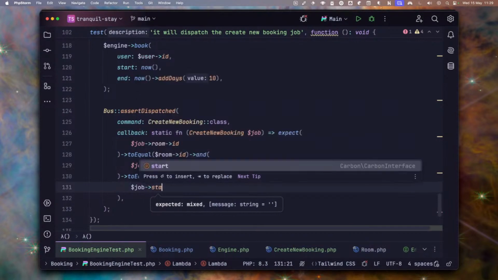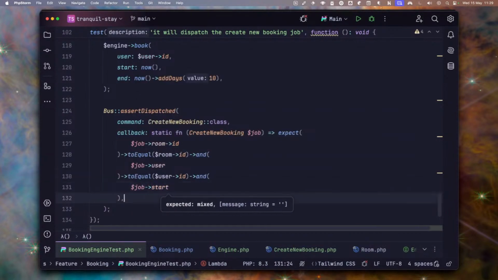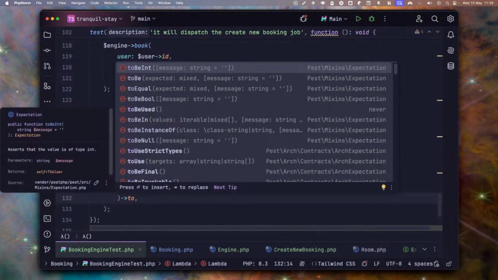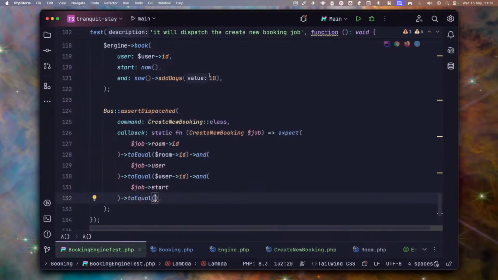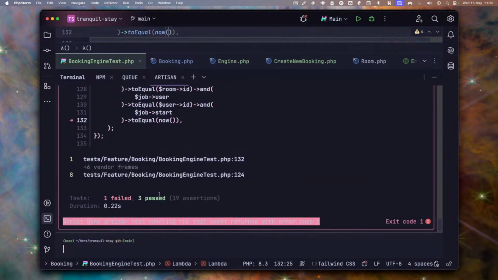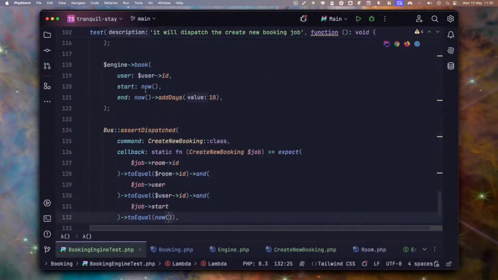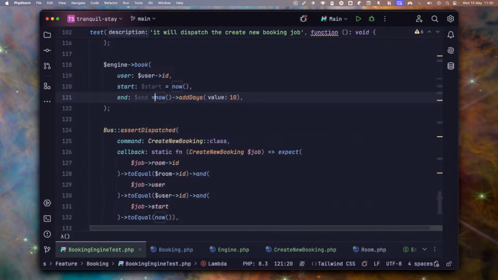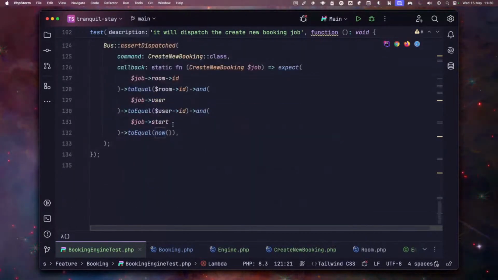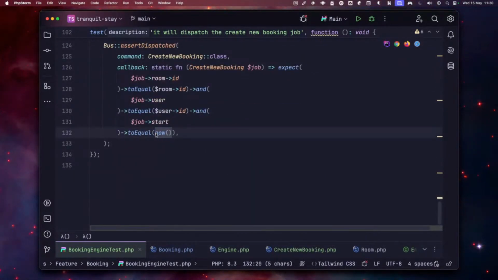job start to equal. This may fail because it might have seconds difference. Yep. So let's just say that start is that and end is that. So that we're kind of freezing time to equal start